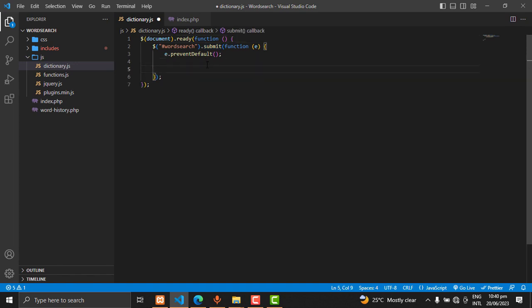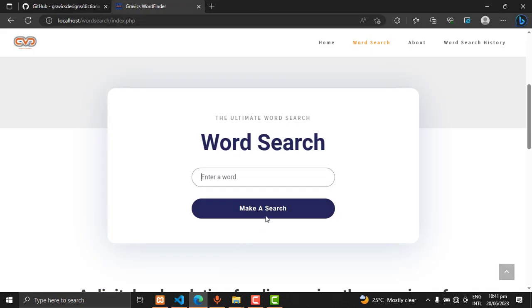All right, so what do I want? I actually want two things. I want to grab the ID of the input. Now, for those of you that don't understand what this e.preventDefault is, it means it should prevent the default operation of the browser. So whenever you submit an input,